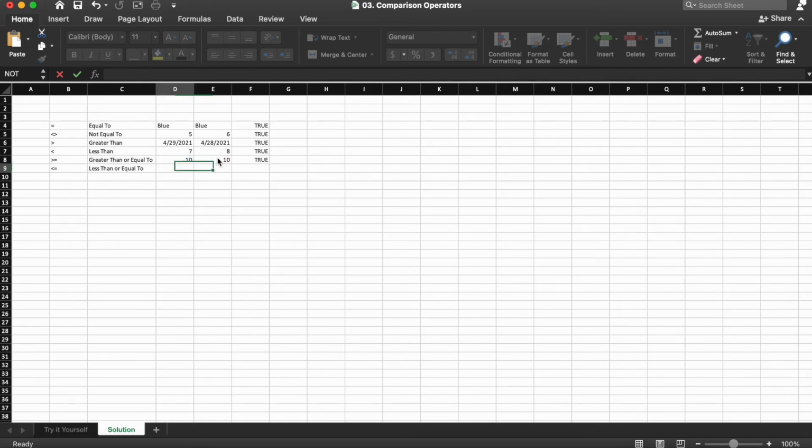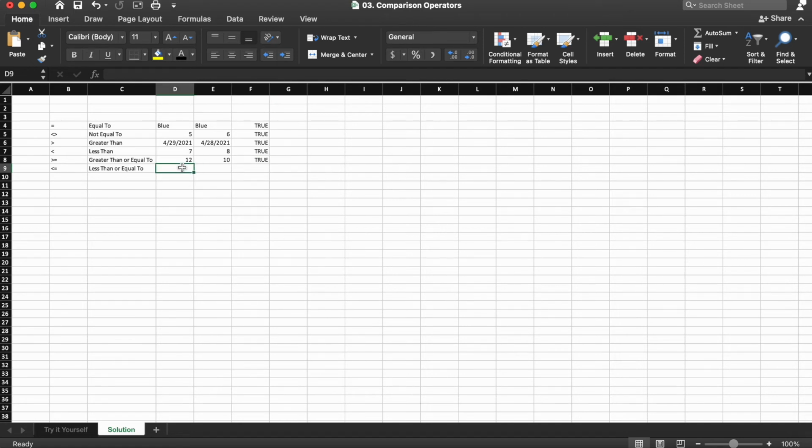If we hit enter, we'll see the value true in F8. Then if we want to make it false, we just need to make D8 less than cell E8, so we'll put 9 in there. You see it evaluates to false. And then just to show the greater than portion of the greater than or equal to, we're going to change D8 to 12, and we see true back in cell F8.